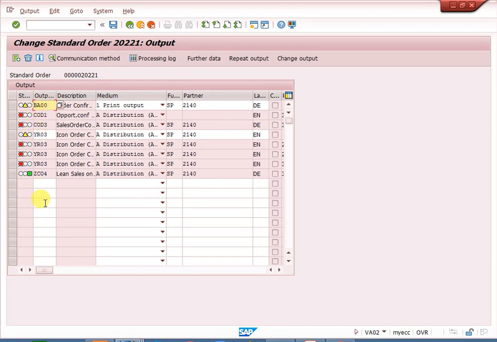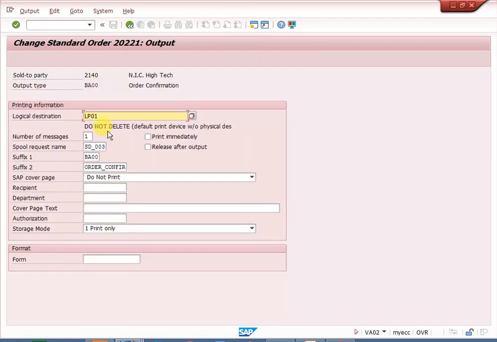If it does not come, you can enter BA00 here. Once entered, double click here and these all come automatically. Once you enter BA00, you need to add this manually. But the user cannot add output parameters every time. In VV11, VV12 we can maintain output determination condition records, and automatically it will come.